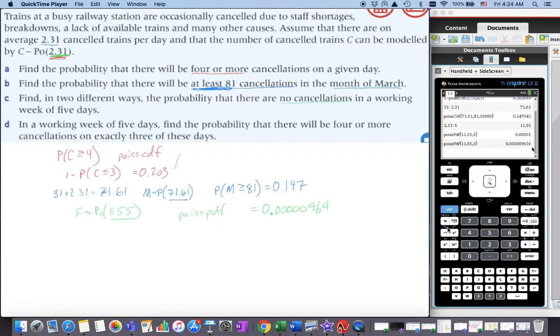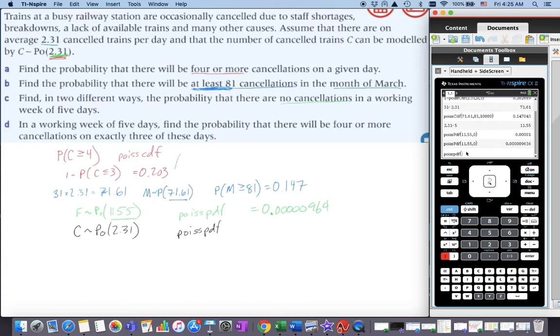So what we're going to do is use the original one, which is that the C is a Poisson of 2.31. And we're going to find the probability of getting 0 cancellations in 1 day, right? So again, we're going to do a Poisson PDF.